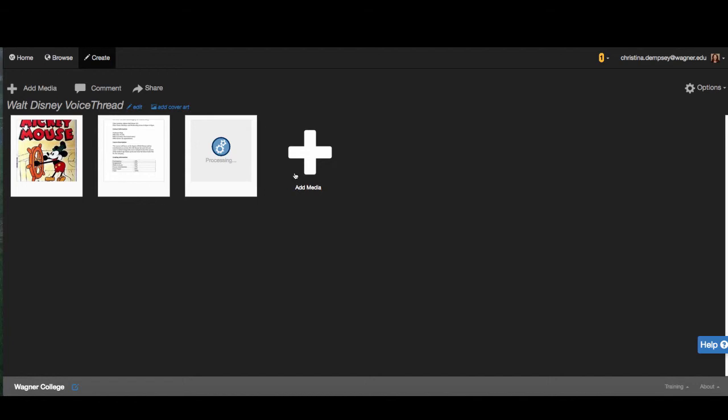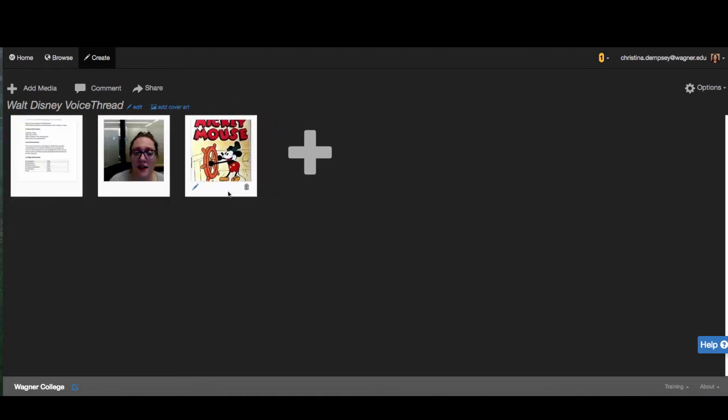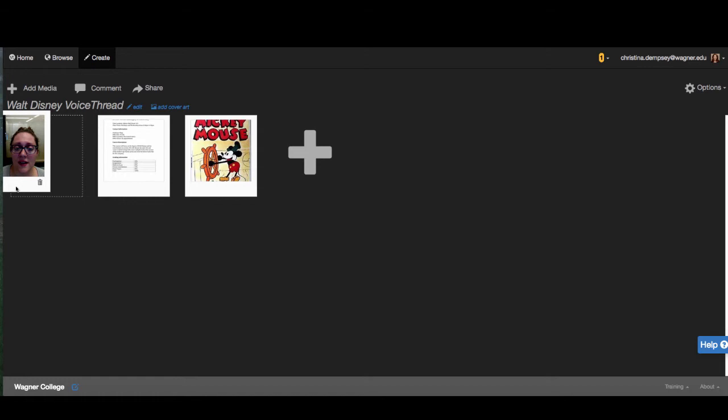So obviously this is just an example, but you can see how it would be useful to upload yourself speaking to the students. And you can go about just putting these in different spaces. If you want the webcam video to show up first, you can move that once it's done processing. You can drag and drop it into the section that you want it to appear in. So maybe we want our syllabus to show up second, which is already there, so we would leave that, but we want to switch our Mickey Mouse picture to here, and we want to put our webcam here. You can see how we can then go drag and drop and put it in the order that we want